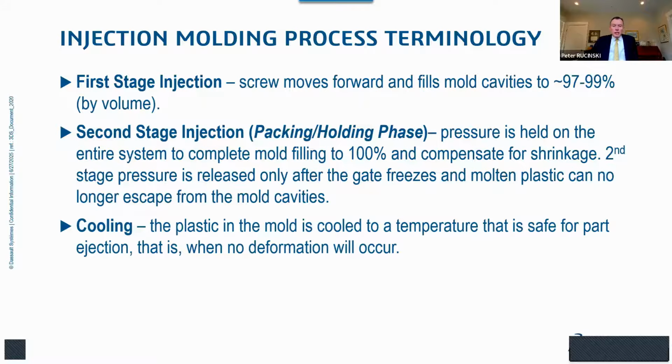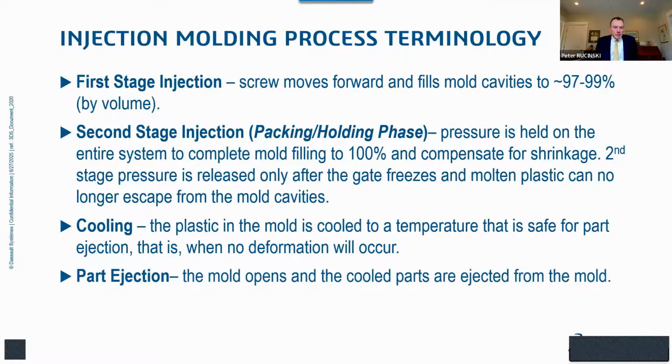And then we go into the cooling phase. We just have to wait, right? We have to wait until the part is cooled to a temperature that is safe for ejection. Those plastic parts, when they come out of the mold, are still pretty hot, but generally we wait until it's cooled to a temperature so that the part has enough structural integrity that it won't deform when it comes out of the mold. The other thing that happens during the cooling phase is the injection molding machine is preparing the next shot of melted plastic for the next cycle.